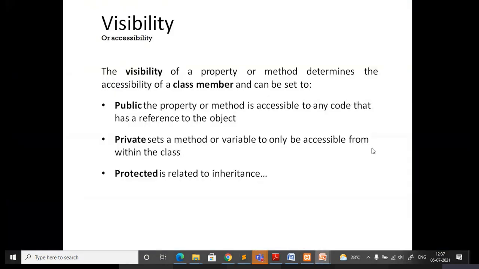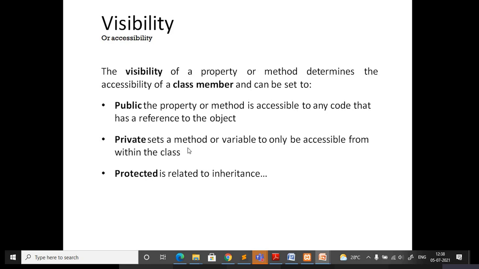The visibility of a property or a method determines accessibility of a class member, so you should know what visibility you need to specify for the property and method. Here public indicates the property or method is accessible to any code that has a reference to the object. So from anywhere you can access the properties and methods with a particular object specified.